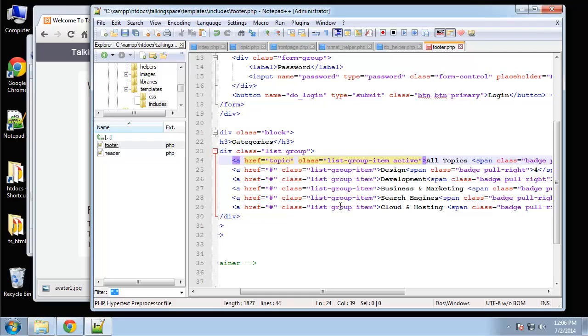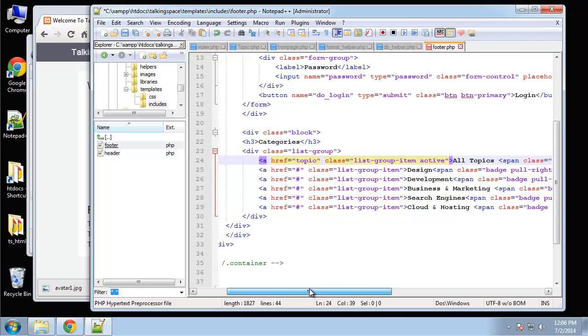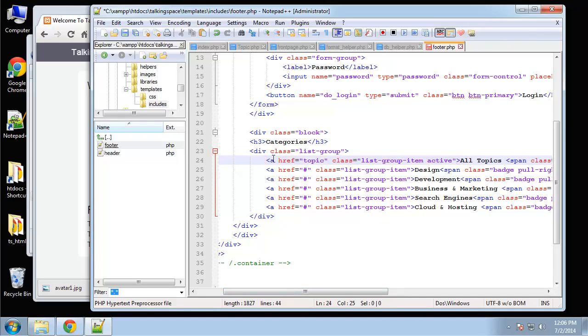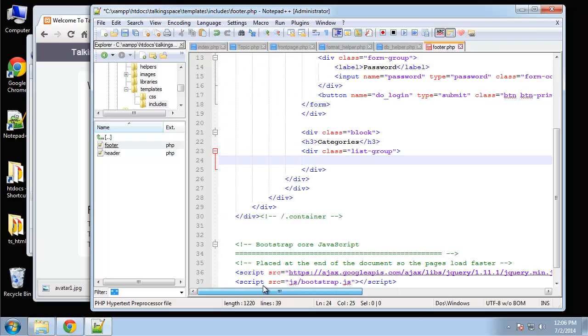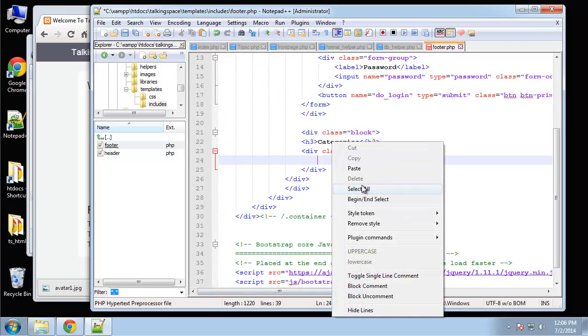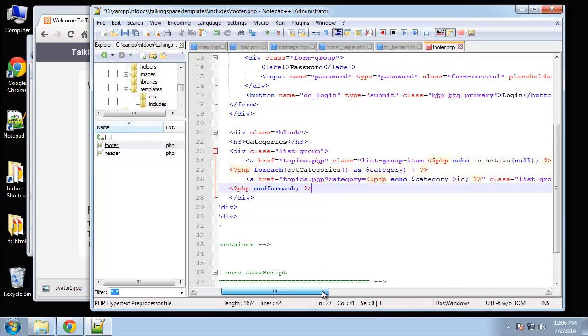topic. Actually, you know what? Let's take care of this now. Let's make these categories dynamic. I'm actually just going to paste in here. So we want to get everything out of here, and then I'm going to paste this in. Now, what this is doing